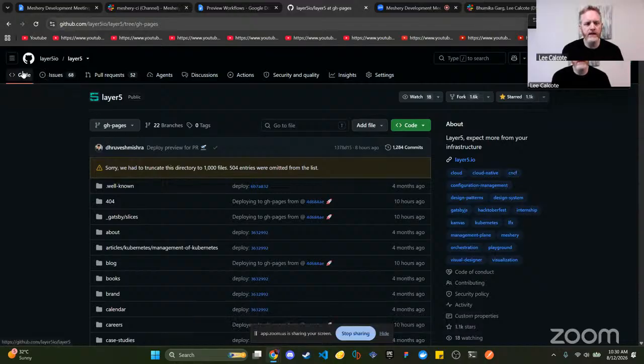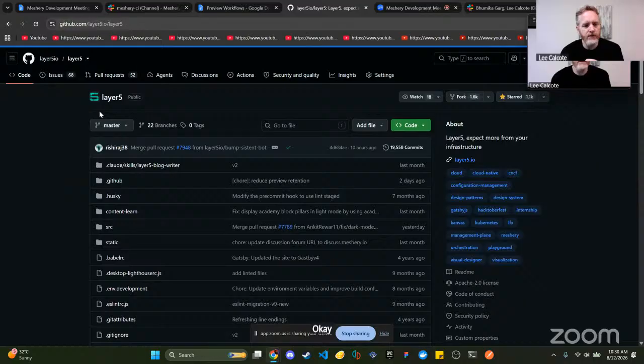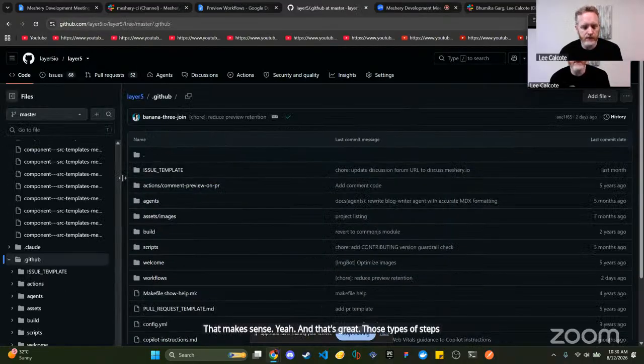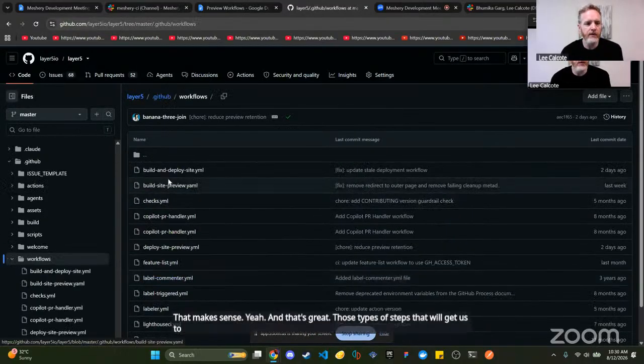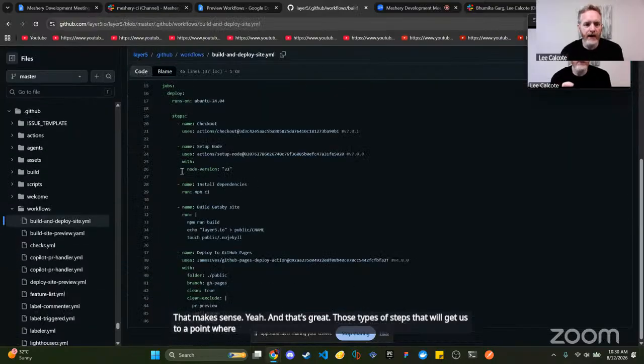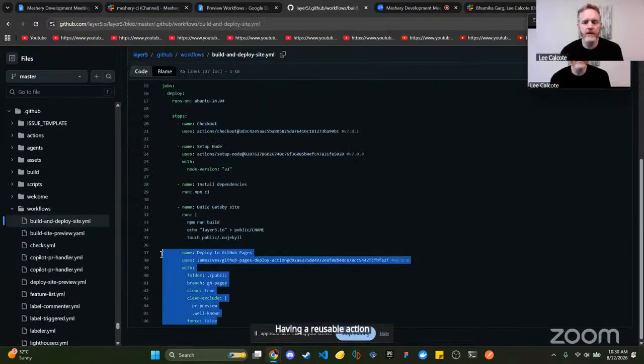That makes sense. Yeah, and that's great. It's those types of steps that will get us to a point where having a reusable action is a relatively simple and logical next step. It's almost like a non-event because it fits. So once our house is in order, or once that cleanup, like you were just saying with GitHub Pages, is done,